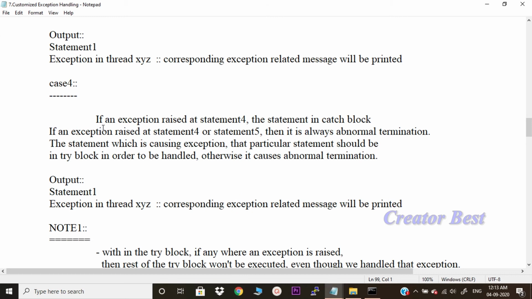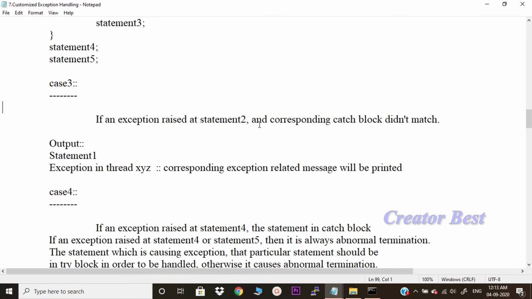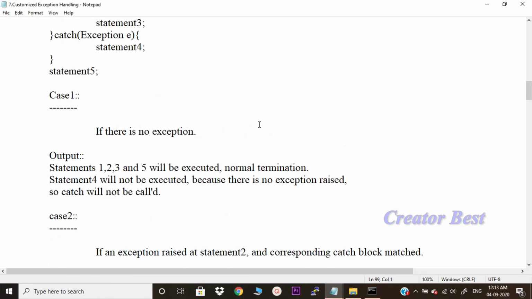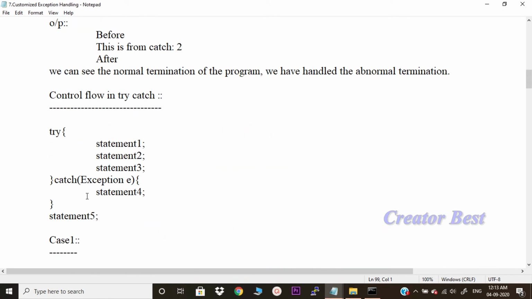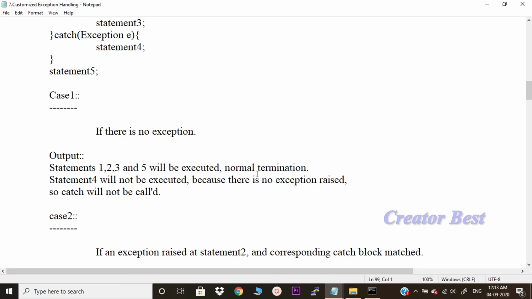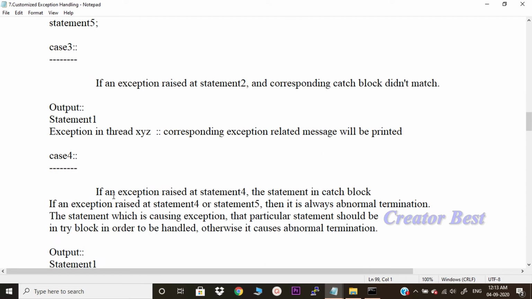If an exception is raised at statement 4, which in our program is the statement in the catch block, or at statement 5, then it is always abnormal termination.